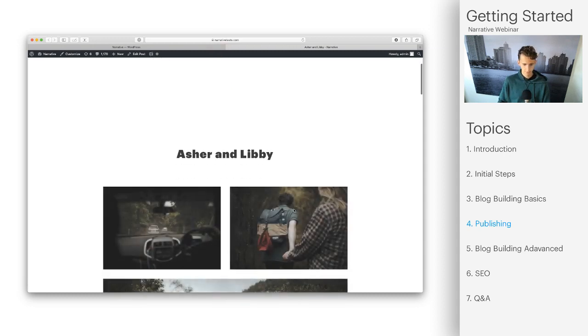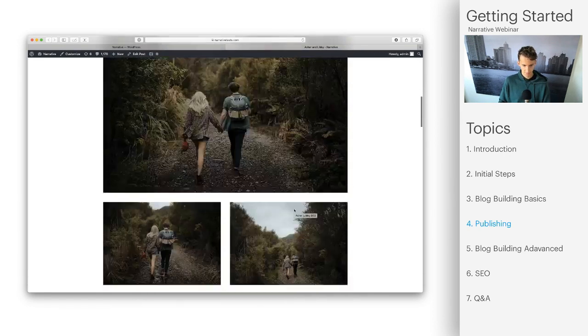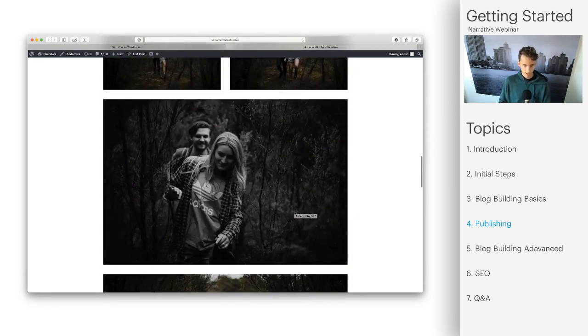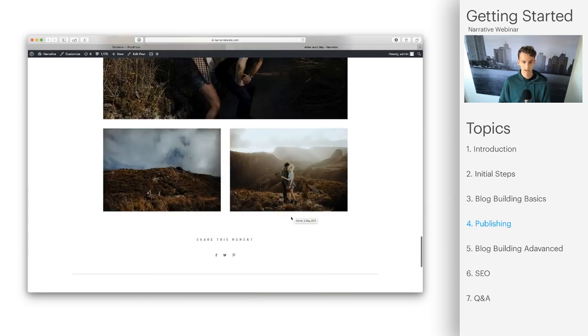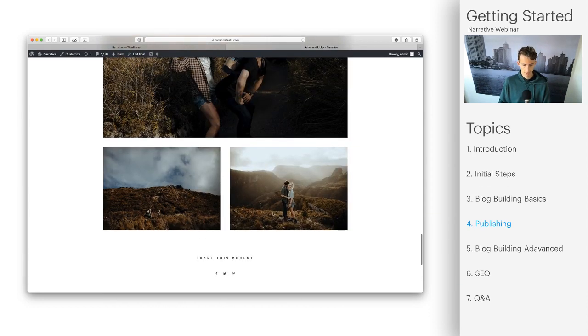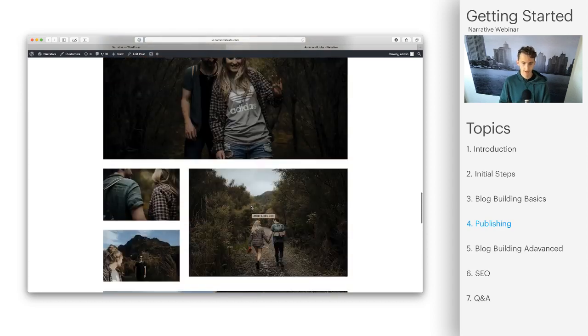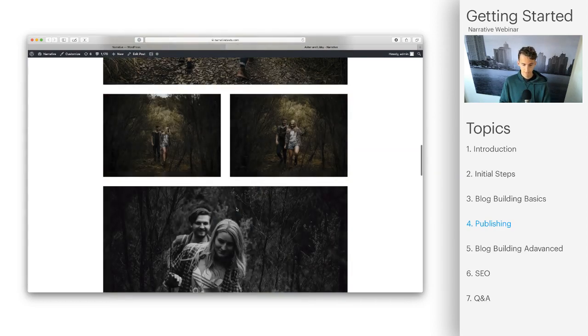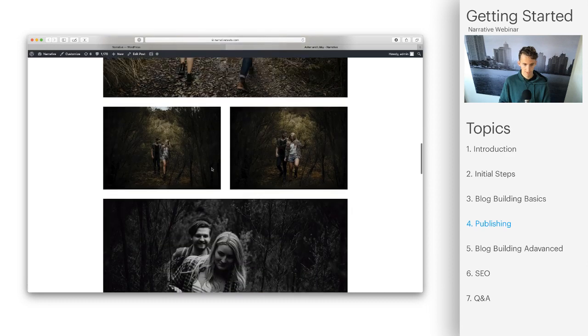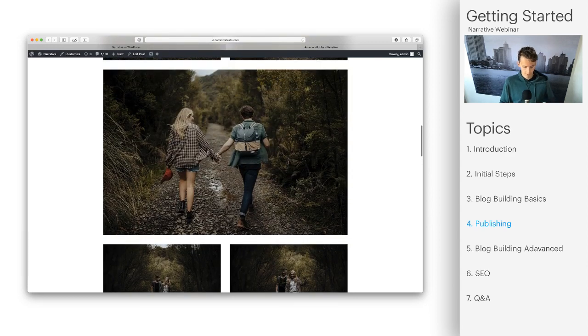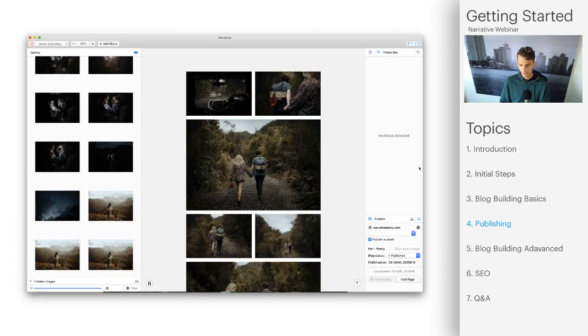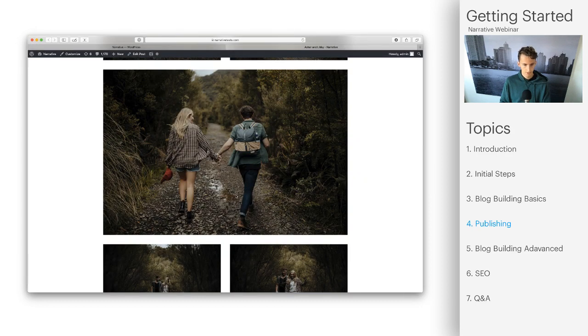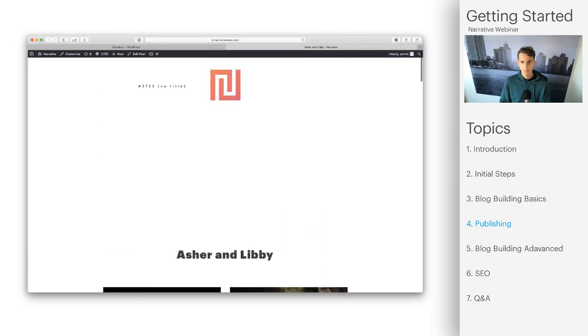And if I scroll down a bit, we have Asher and Libby here. We have the blog post. So that was super simple. I didn't have to do anything extra or anything over the top, and we have our blog on our website. So as you can see, all the images are laid out as they were inside the app, and it's looking pretty good. So let's do the same,